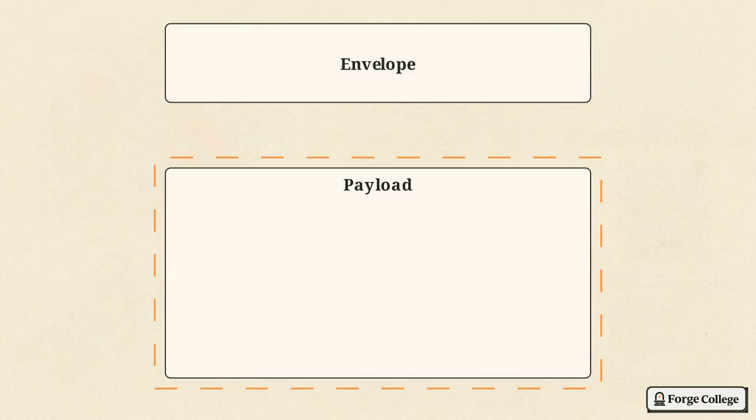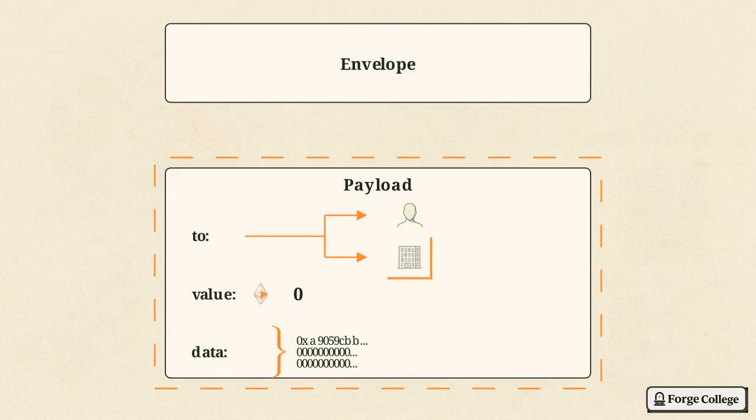your actual intention and the specific action you want the blockchain to execute. The first part is the to field. This is the destination address written on the postcard, whether it's a friend's wallet or a smart contract. Next is the value field, the native ETH you're sending, which is often 0 for smart contracts. Finally, the data field contains the instructions for the contract to follow, but remains blank if you're just sending ETH